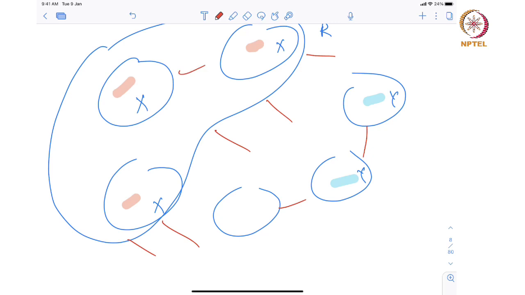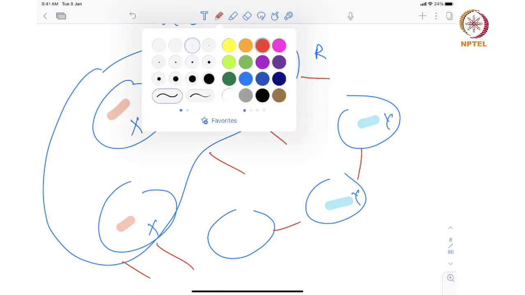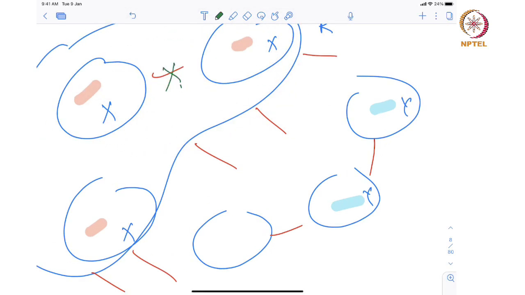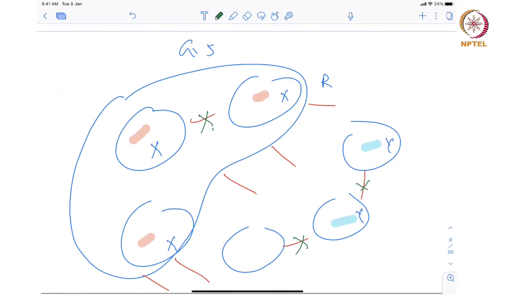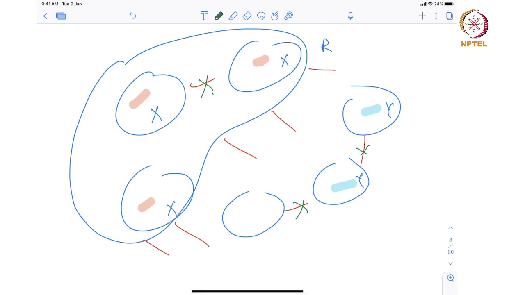But notice, then it is not a minimal cut, because even if I delete these edges, I have a set of edges whose deletion disconnects X from Y,